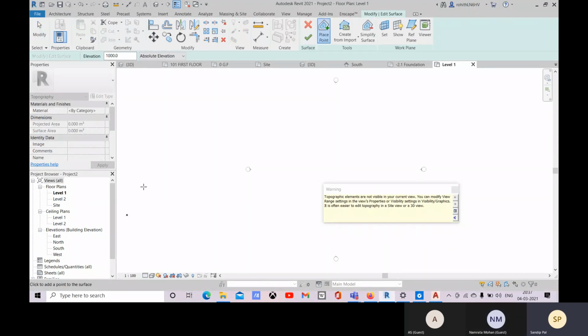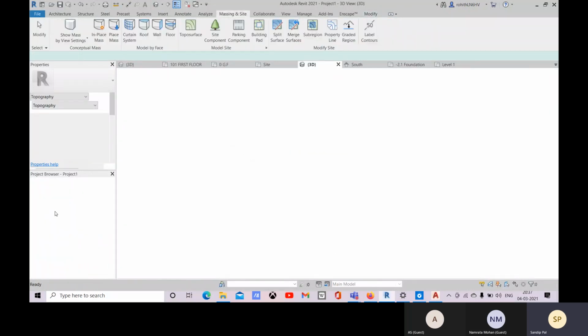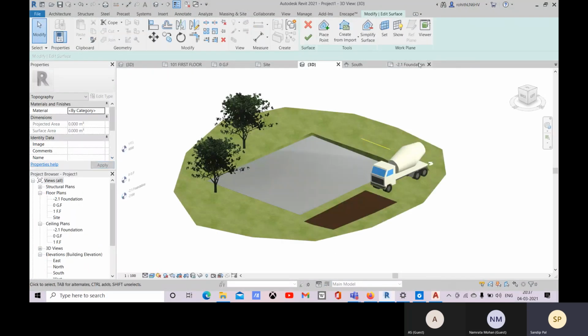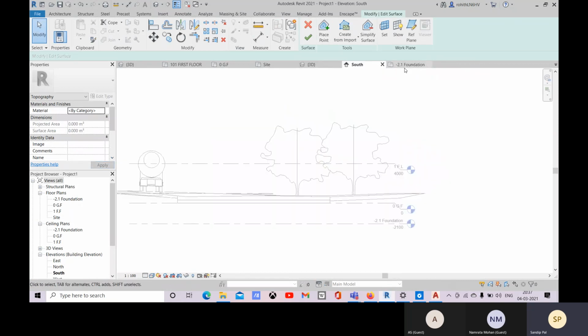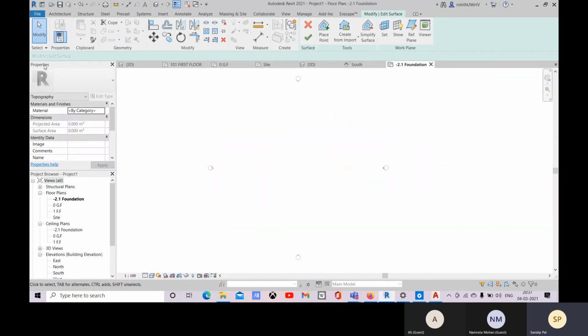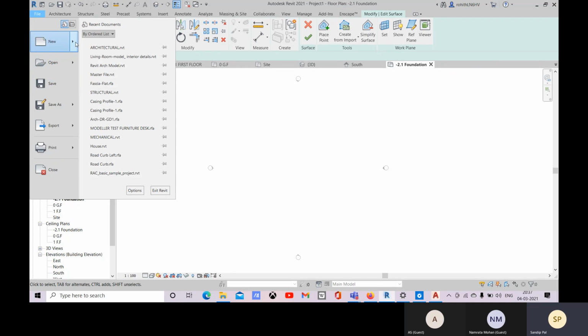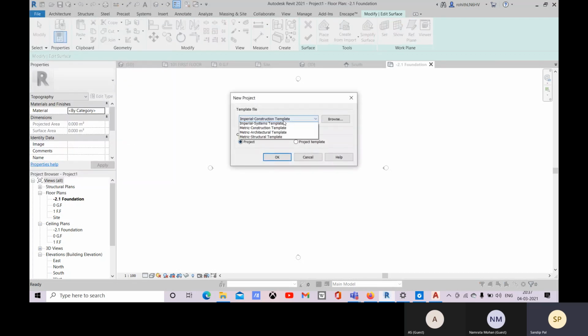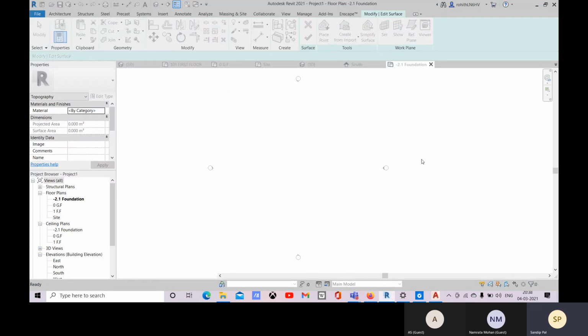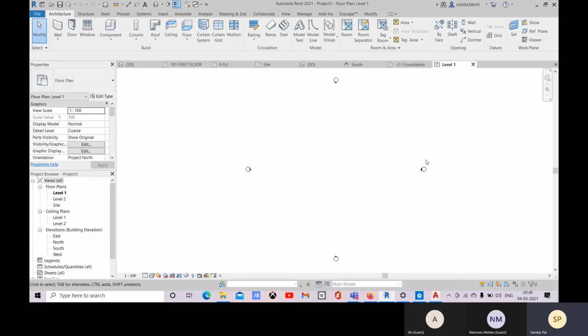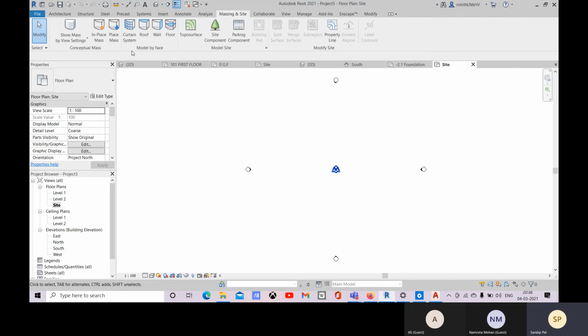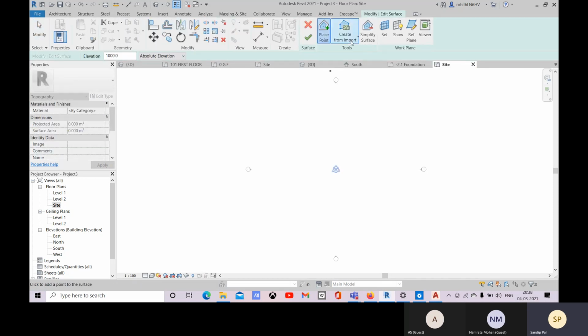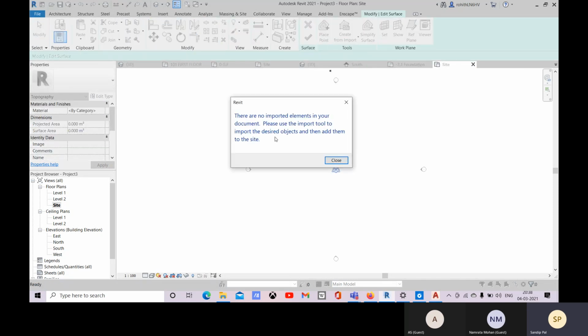You always come to this site plan, and then come to Massing and Site. Go to Topo Surface and create.